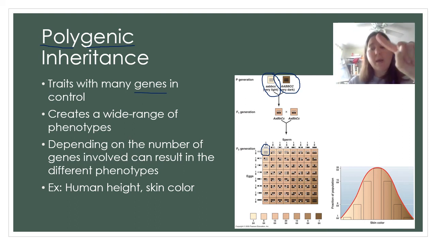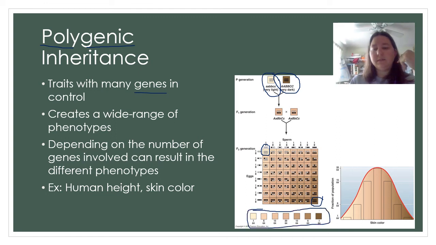Not albino, that's a different situation. But if it's all recessive, very light skin. If it's all dominant, very dark skin, and then some combination in between. And that's what gives us this bell curve of average, quote unquote, human skin tone